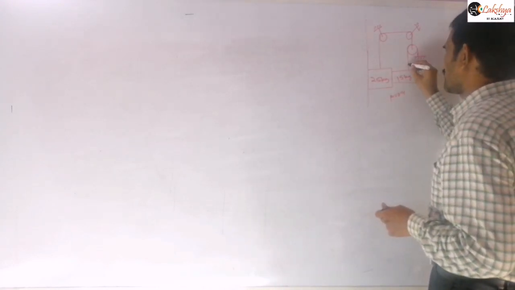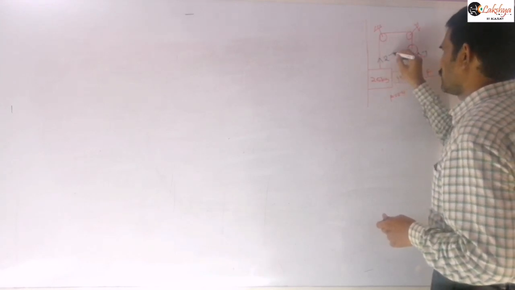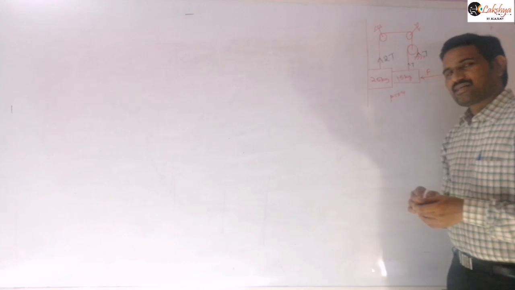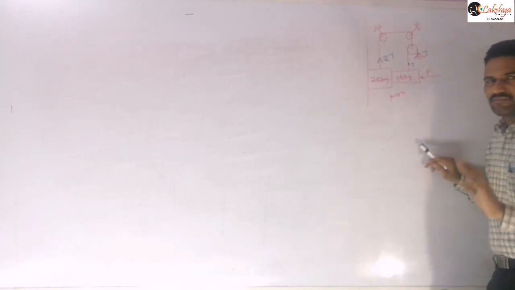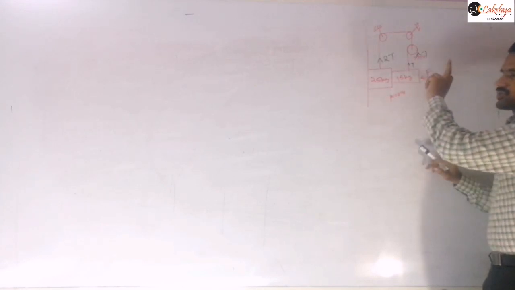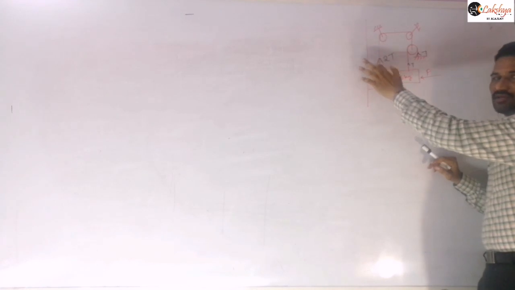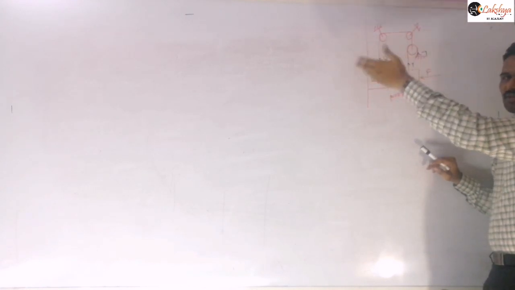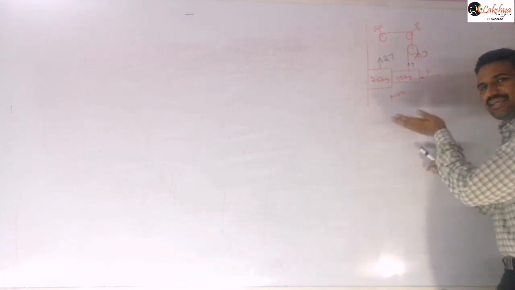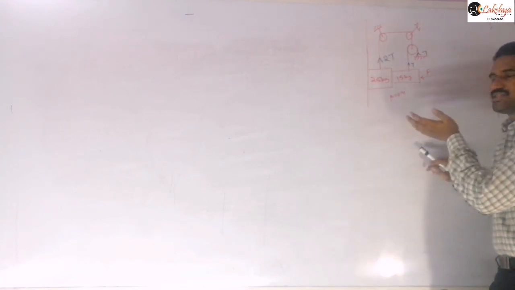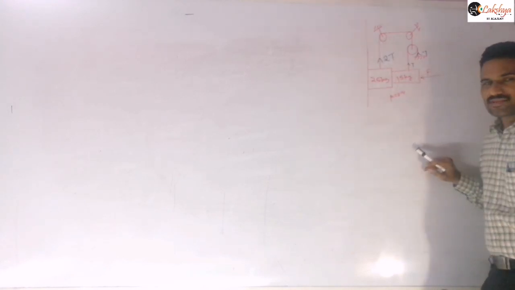Suppose the tension here is T, then here the tension will be 2T. If you consider the 15 kg block at rest because of the tension, then the tension will be equal to 15 g. If the tension is 15 g here, then here the tension will be 30 g. That means this block should accelerate in the upward direction. Even if you keep the 15 kg block at rest, the 25 kg block should accelerate upward.